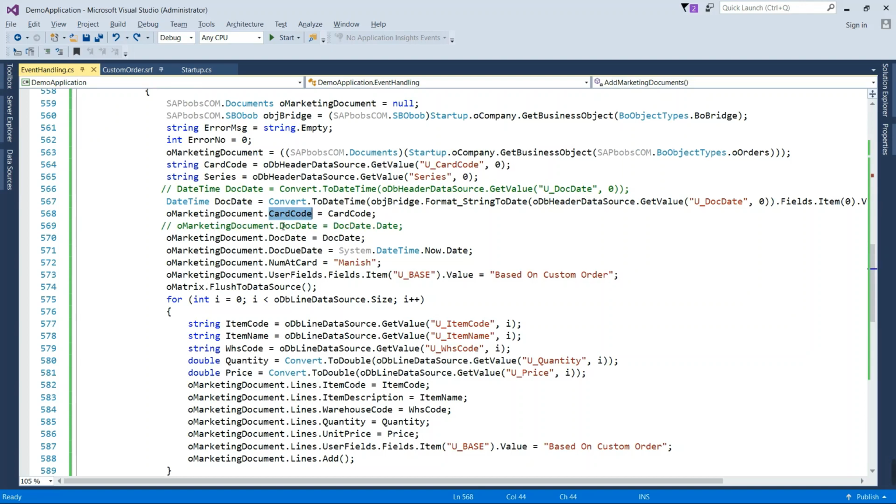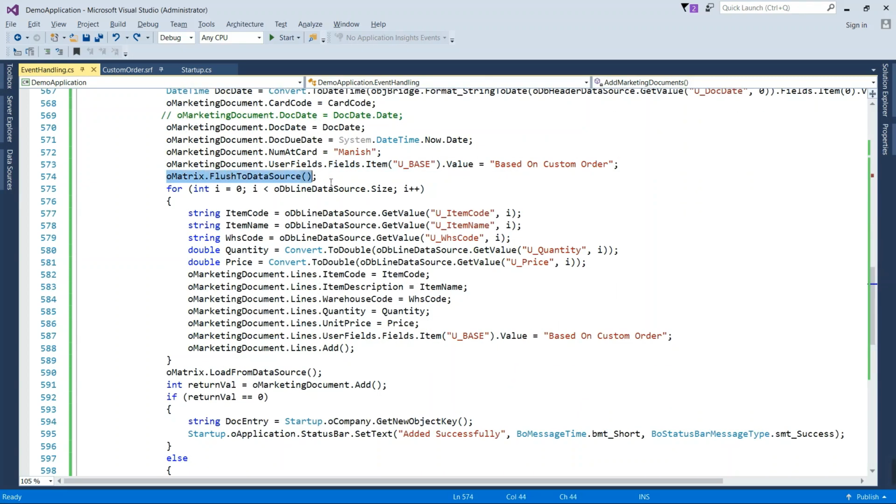There are some basic properties that must be added to the DI API object, like here is the card code, doc date. You can pass many properties also, but I have taken few of them. Num add card. Similarly you can add